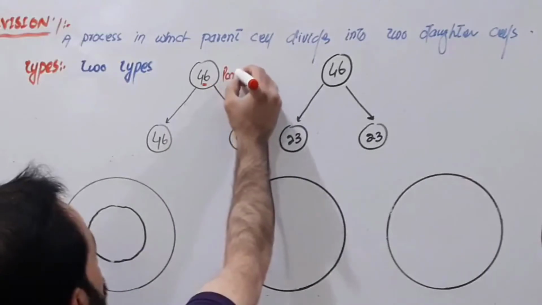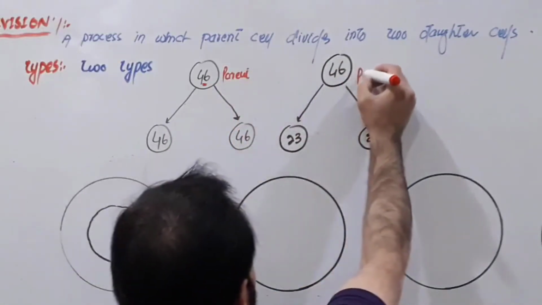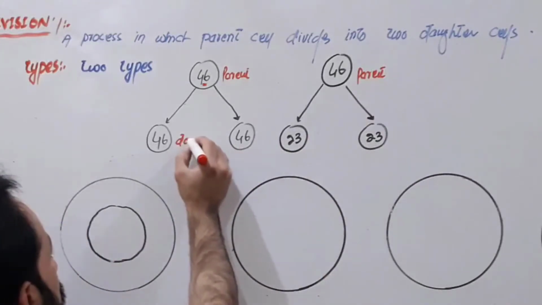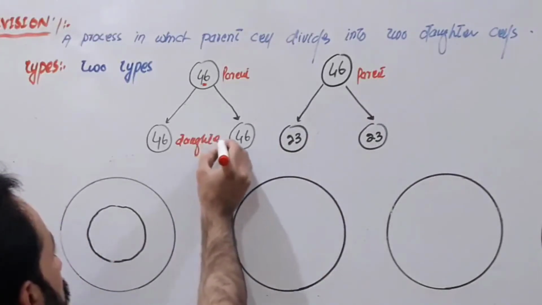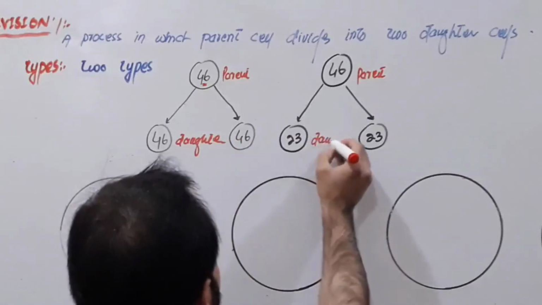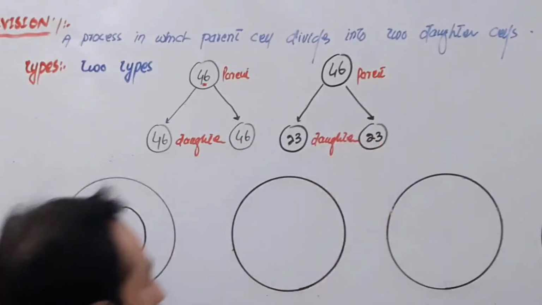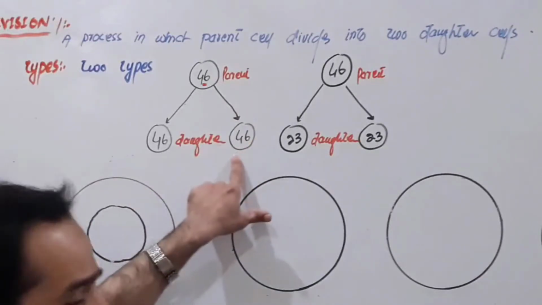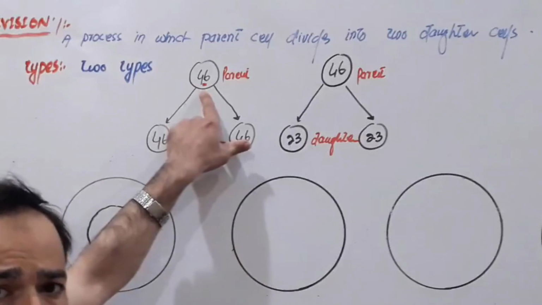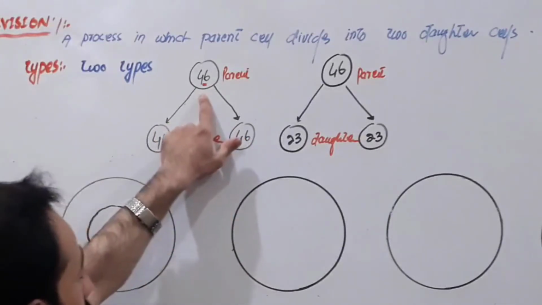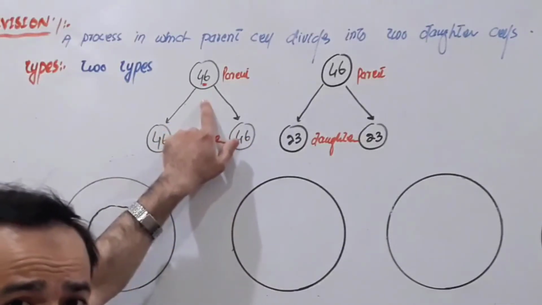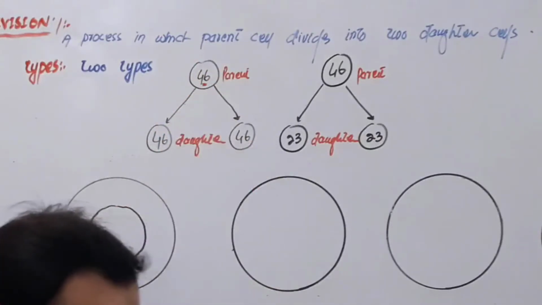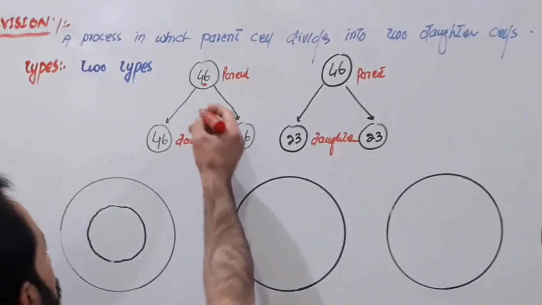For example, this is your parent cell. It is also a parent cell, right? And these are the daughter cells. These are also daughter cells. Done. So look carefully. The parent cell is dividing and making two such cells which resemble that parent cell, which have the same number of chromosomes as that of the parent cell. So such division which occurs inside our body is called mitosis. Right, friends? Such division is called